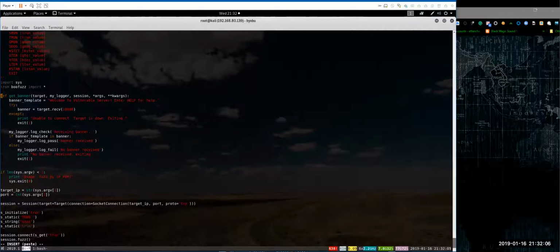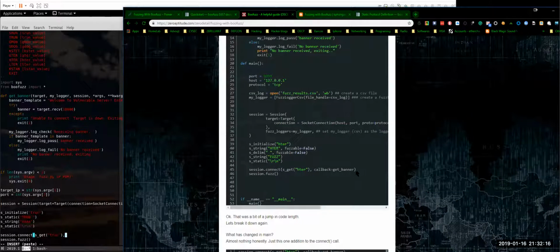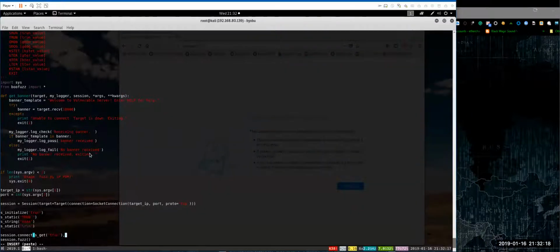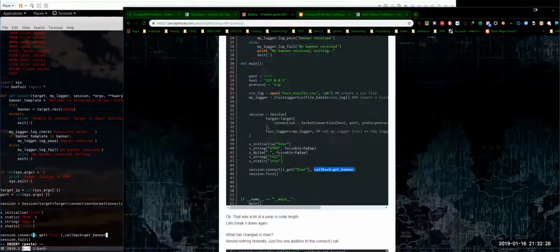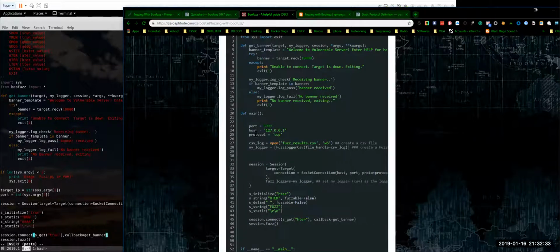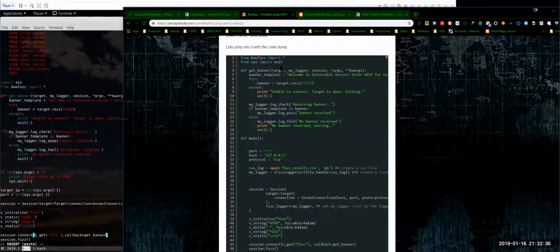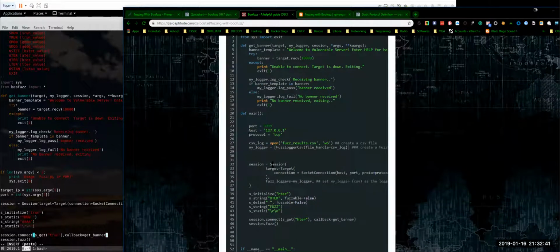And then here, here. And let's call that get banner, right? So get banner is this one, and then the banner is basically taking the banner,